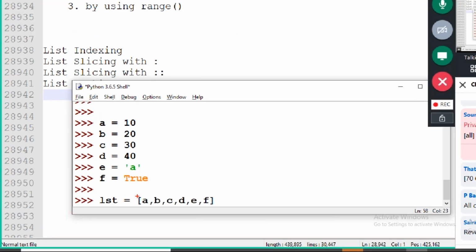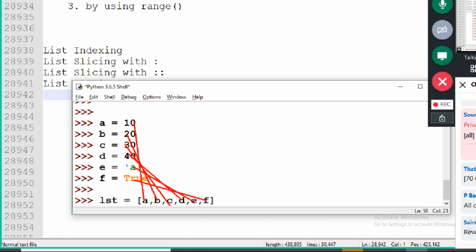Whatever order I take the variables, in the same order the values will be assigned. Suppose I'm taking first A, that's why first 10 will come. Next B, so 20 is the next value. Next 30, 40, then 50, then A, then True last.